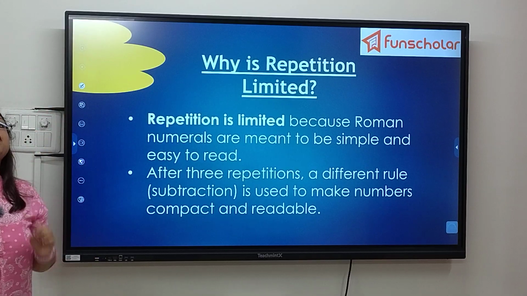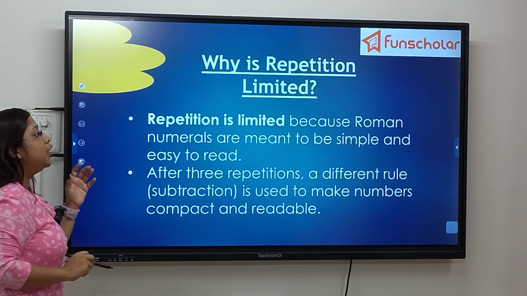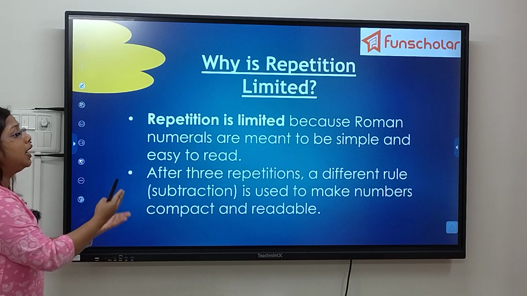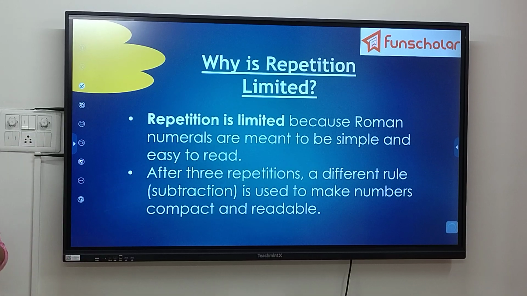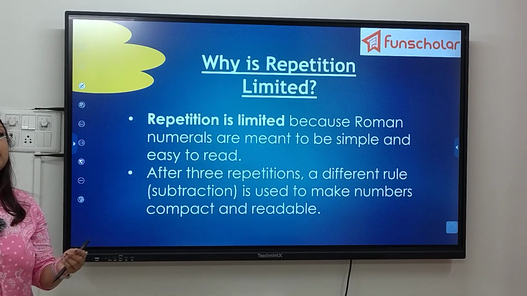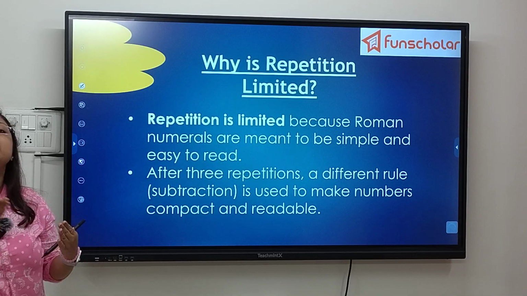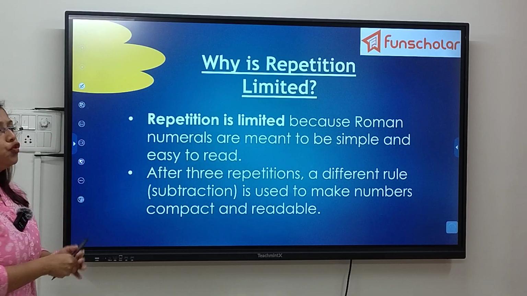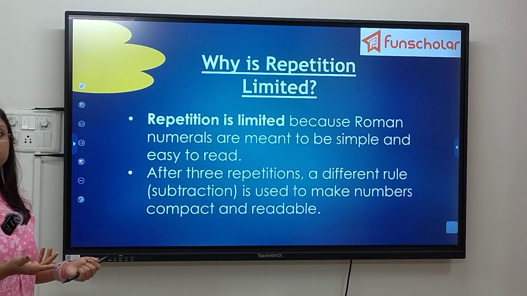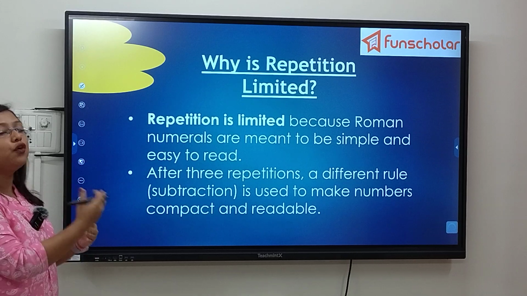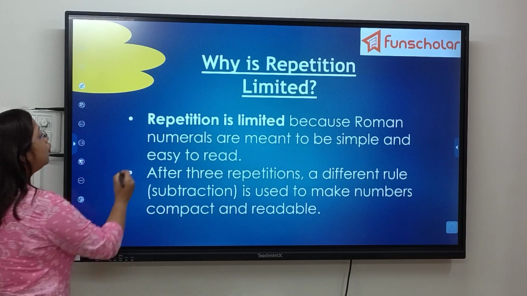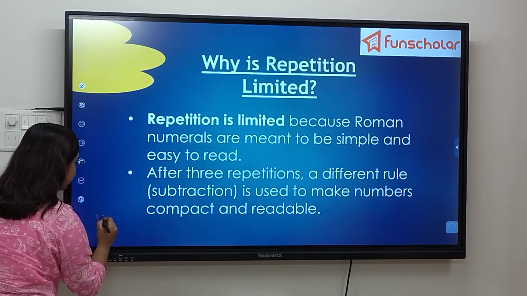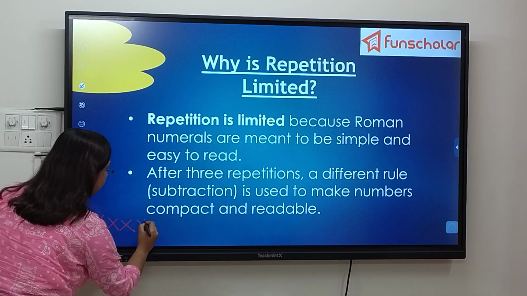Now why is the repetition rule limited? The repetition rule is limited because Roman numerals are meant to be simple and easy to read. कोई भी चीज़ अगर कॉम्प्लिकेटेड हो जाए तो हम लोगों को रीड करने में और डे टू डे यूज़ करने में कॉम्प्लिकेशन ज़्यादा हो जाते हैं. तो हम लोग क्या करते हैं, जो चीज़ें इजी है बस उसी को ही तो यूज़ करते हैं. ऐसा ही है, जो इजी गोइंग है वही यूज़ करना है. तो रिपीटेशन उससे ज़्यादा अगर बहुत लंबा हो जाए, लाइक ऐसा कर दिया एक से एक से एक से एक से एक,